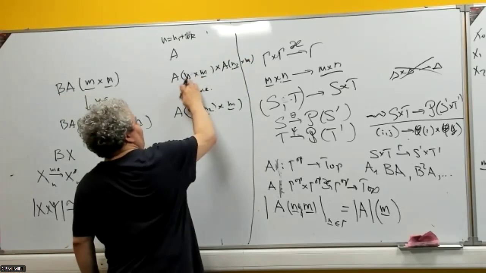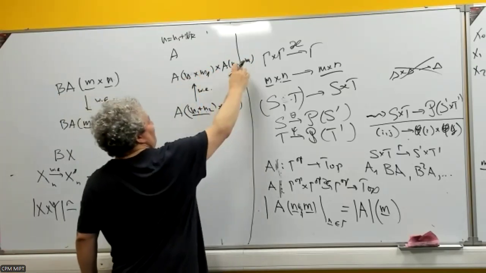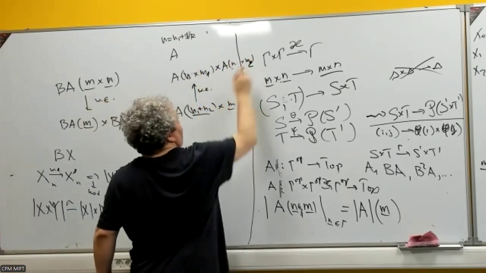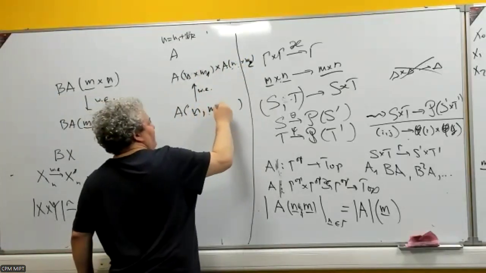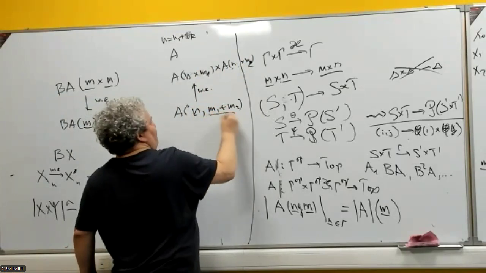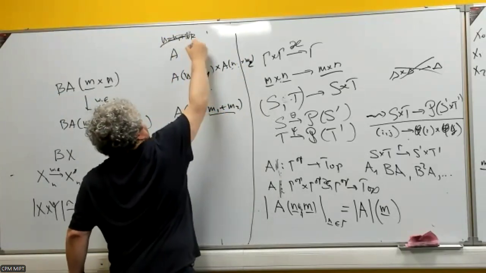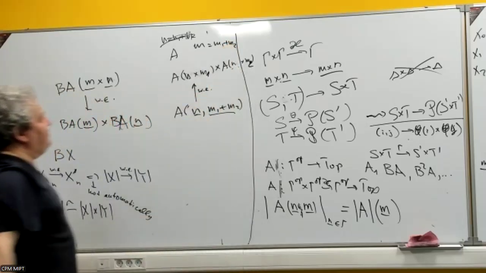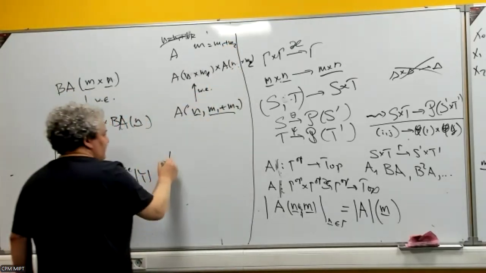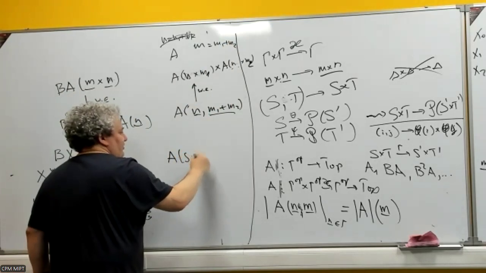Sorry, actually what I'm going to use is something different probably. It's m here and m1, m2 here, sorry. Yeah, n here and m1 plus m2 here, and then actually m, it's m1 plus m2, right? So then I have, this is weak equivalence, because as I said, for gamma set, if you have union S